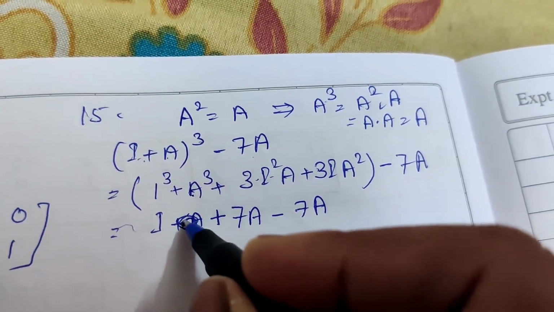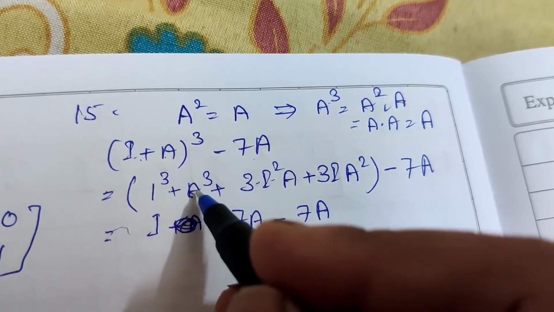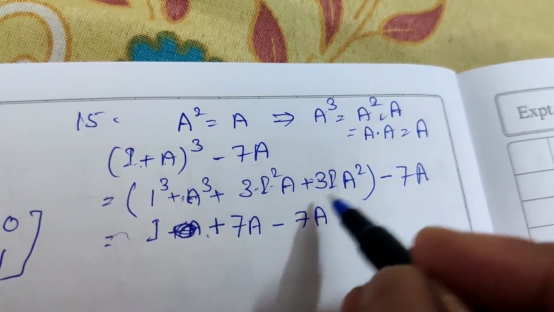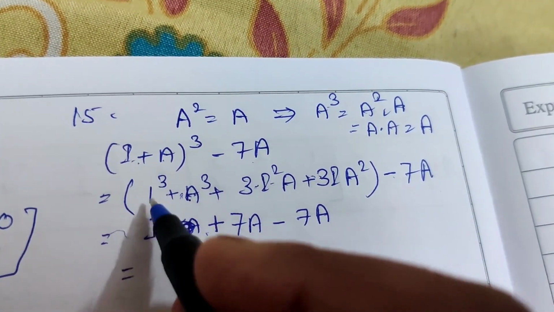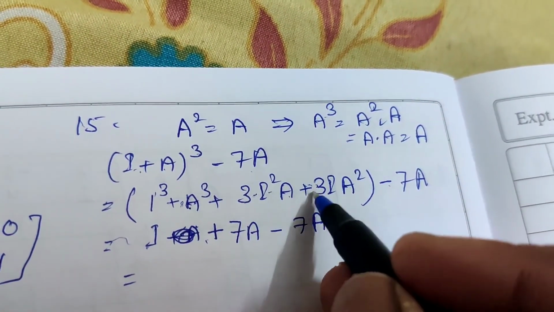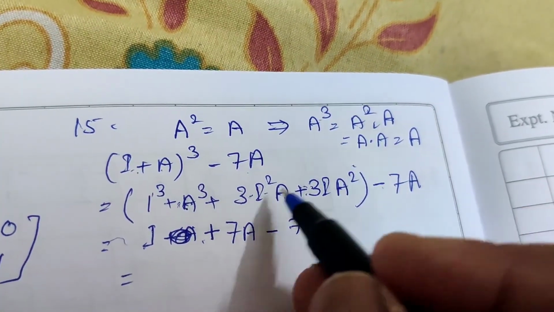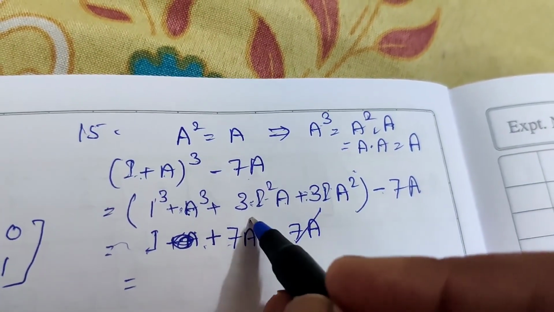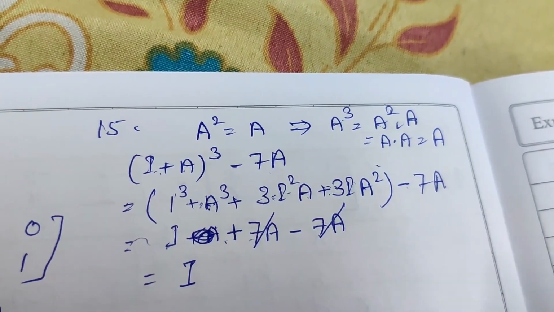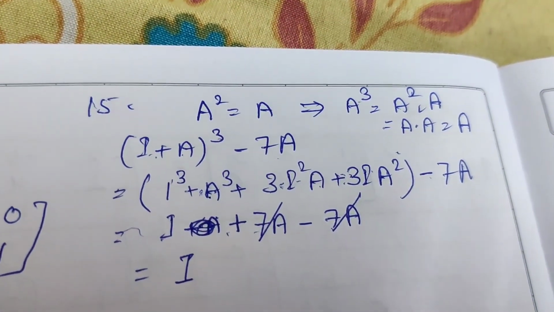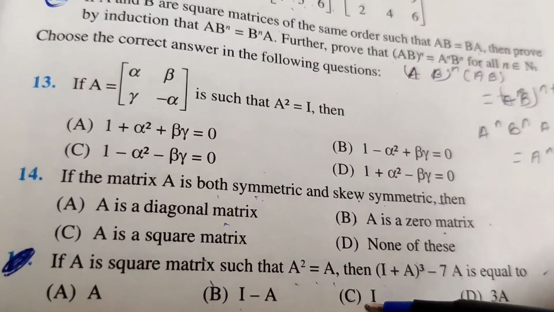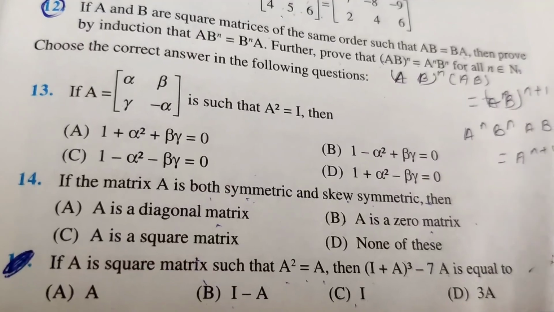Sorry, 3 plus 3 plus 1, 6, 7, 7A minus 7A. Because I cube equal to I, A cube equal to A, 3A plus A square equal to A. It means 7A cancel, the answer equal to only I. Which one option is right is C, I. Okay. Finished now exercise